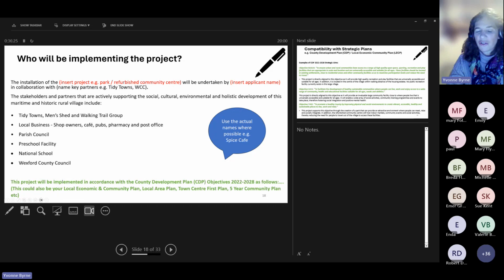And what I suggest you do here is that you be as specific as possible. So you name the different groups. So the Tidy Towns, the Men's Shed, if there's a walking trail. And again, put names on the local businesses or the parish council, the preschool facility. And then you can also say that this project will be implemented in accordance with the County Development Plan, Objectives